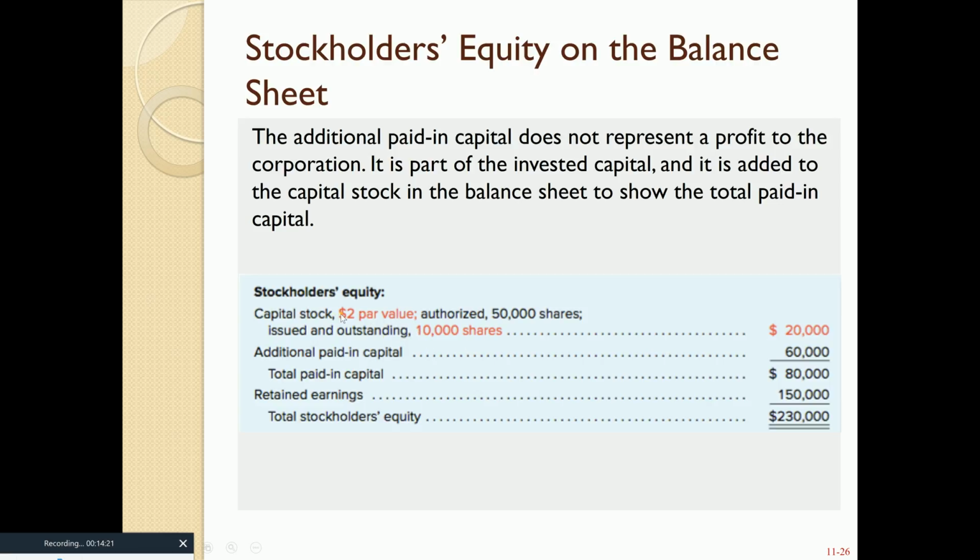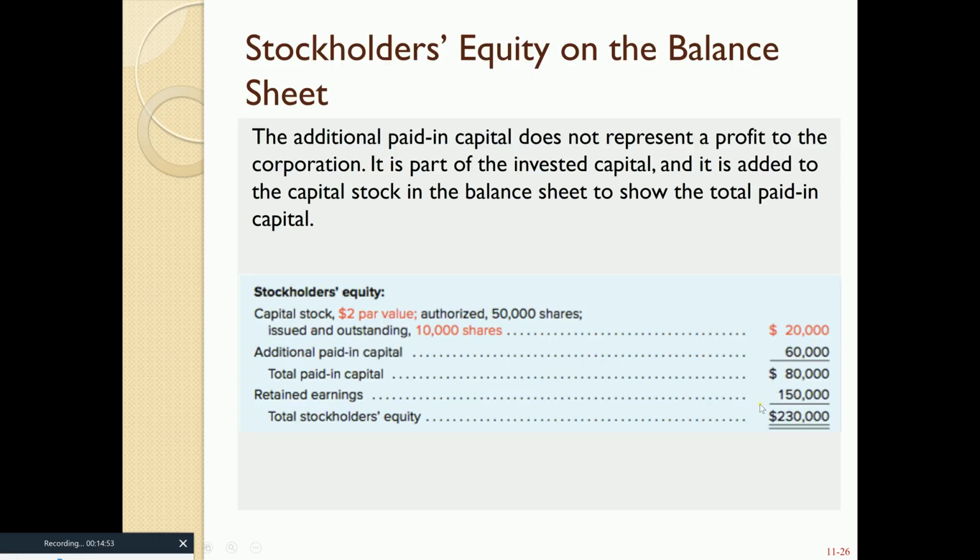Now, do you see that the $2 par value is in red and the 10,000 shares issued is in red? That is always going to equal the dollar amount over here. The par value times the number of shares issued. In this case, 2 times 10,000 gives you your 20,000. And as we saw also from the prior slide, the monies received above and beyond the par value goes to this account called additional paid in capital. So that's 20 plus 60. That gives us total paid in capital of